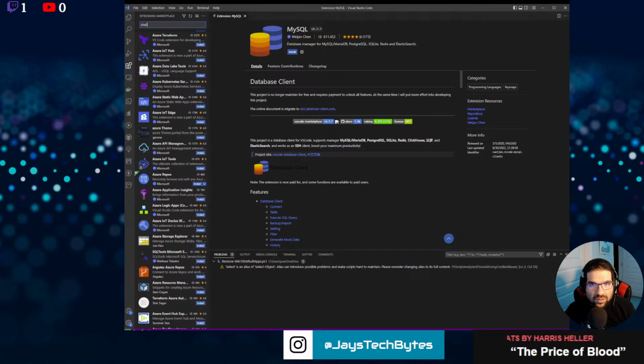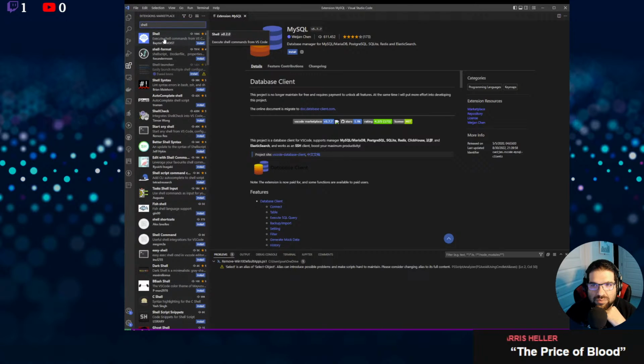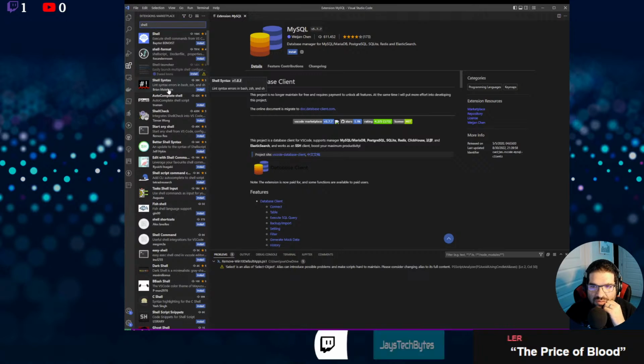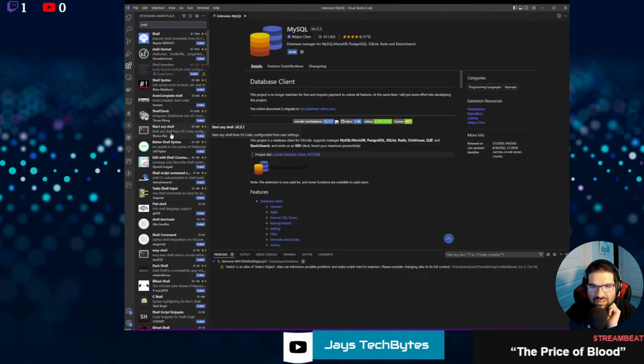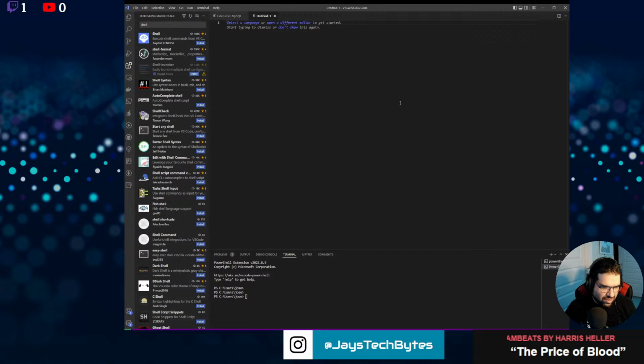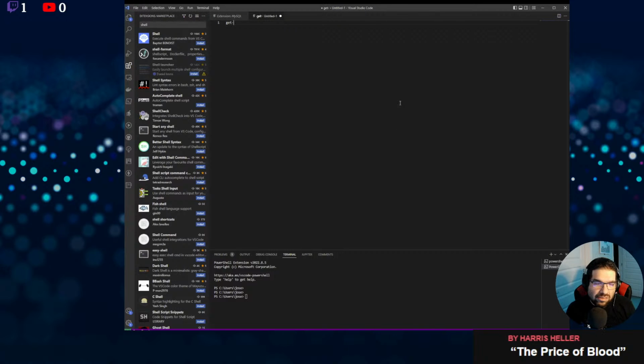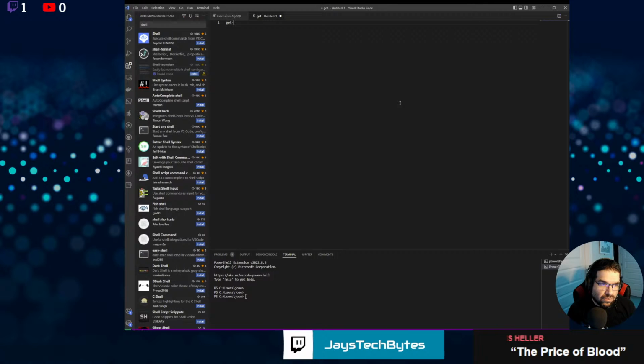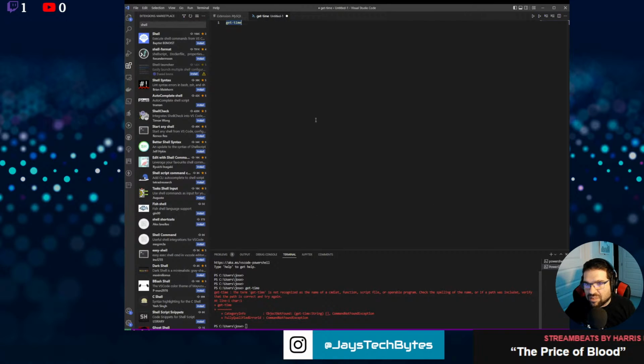Shell. Autocomplete. And then from here, you can also do the commands. So let's say I'm going to do this in text. Get time. Is that even a command? Go here, type this in PowerShell. Okay, that's not a command. Let me see what I can do.